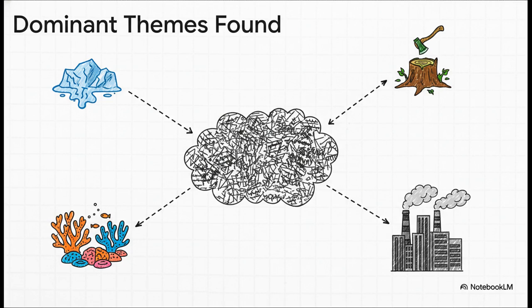The algorithm just churned through 500,000 words and, pretty quickly, it uncovered 4 main themes that kept popping up. One was about disappearing glaciers, with words like ice and melting. Another was deforestation, with words like trees and Amazon. The other 2 were about the oceans and urban pollution. And boom! Just like that, they had this super clear snapshot of the entire global conversation.